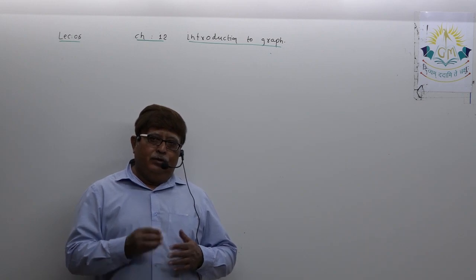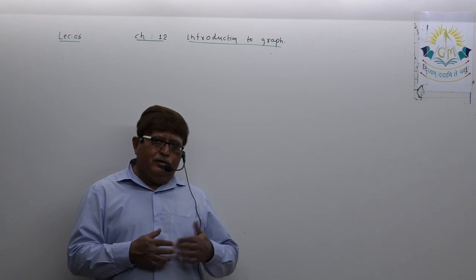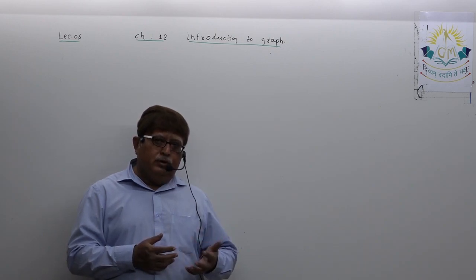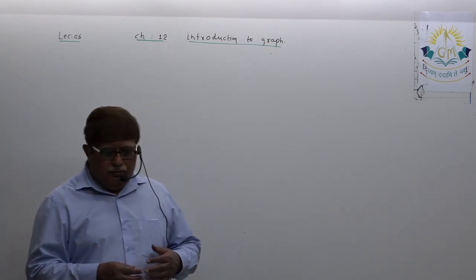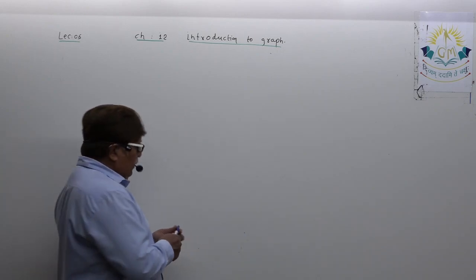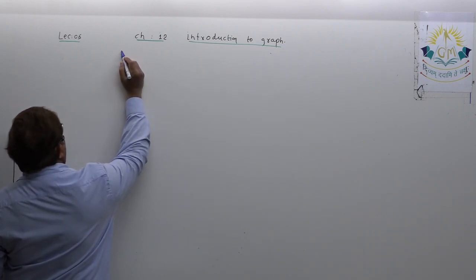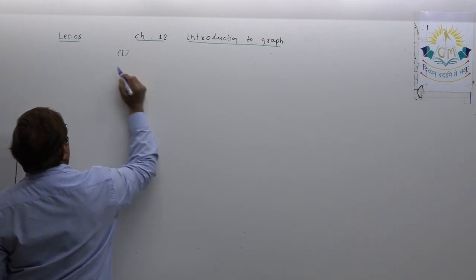Okay, and we also will try to understand a little different types of graph in today's lecture. See dear student, let me write the question. Question first in today's lecture: